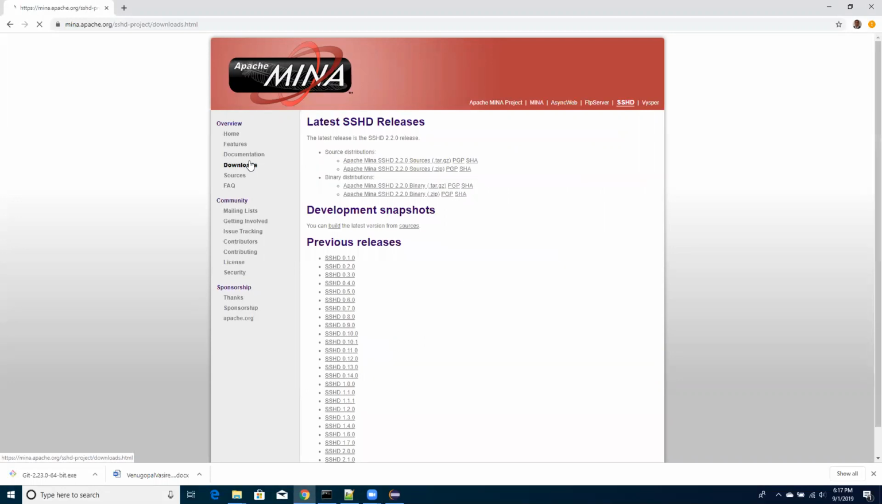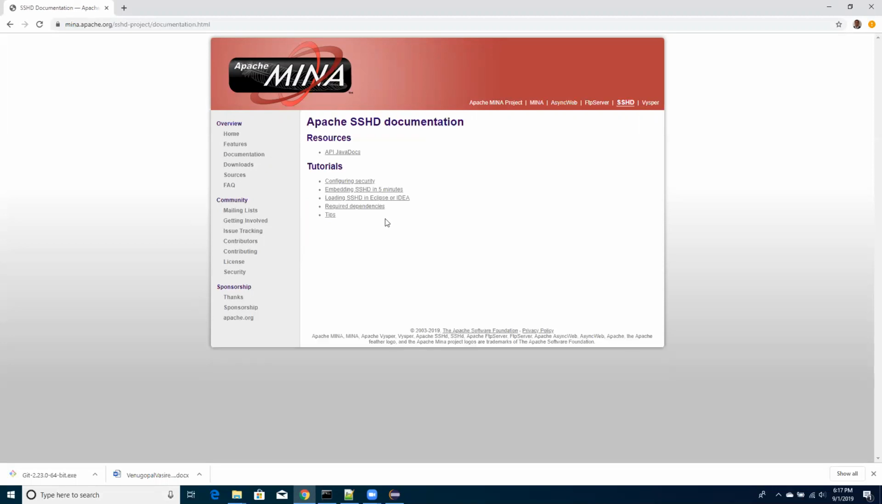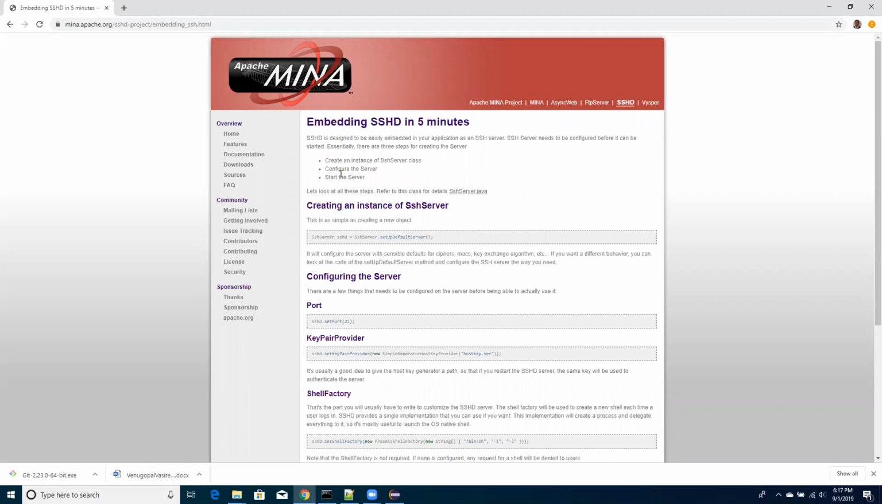So this is the download directory, and you don't get much from this. In the documentation, "Embedding SSHD in 5 minutes", going through this is a good thing. The main facade for creating the server is the SSH server class. This is part of the common, I believe, common or core. So that's where you will get the default SSHD